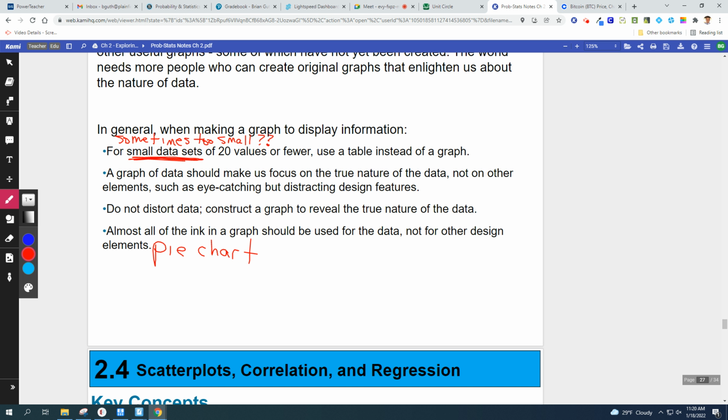The pie chart's fine, but all the ink is wasted on this eye-catching design, and they don't really give you any of the data. So use your ink to talk about the data. And then also another thing that comes up in the assignment,